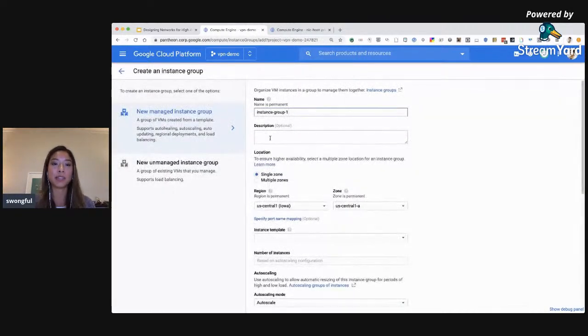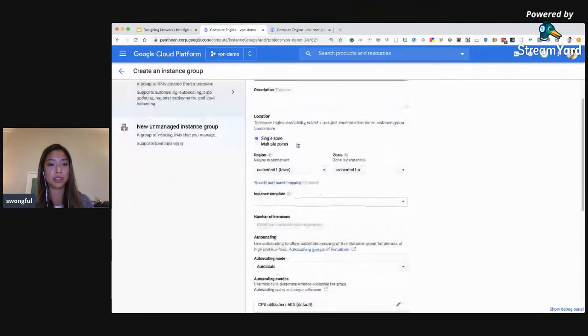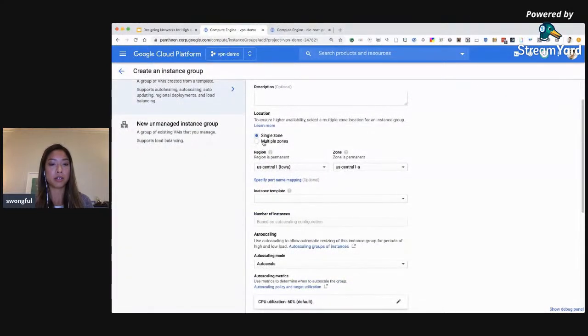And managed instance group, as I said, this is a way for you to have better redundancy across zones. So they're identical VMs that you deploy across zones in a region, and then you could create more than one so that you have one in multiple regions, and you would put the load balancer in front of that. So when you create a new managed instance group, again, you can select either single zone or multiple zones that